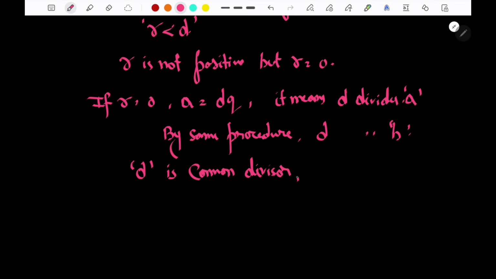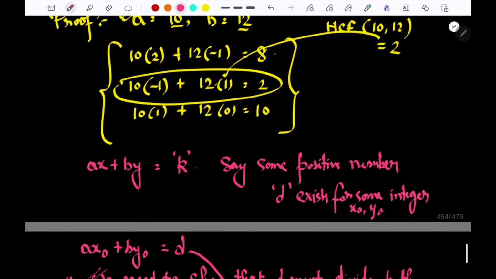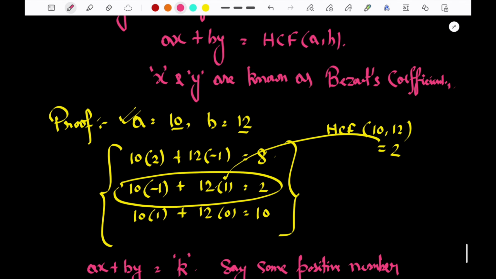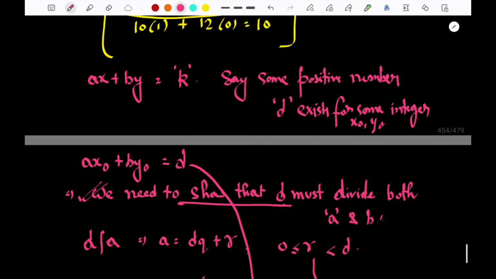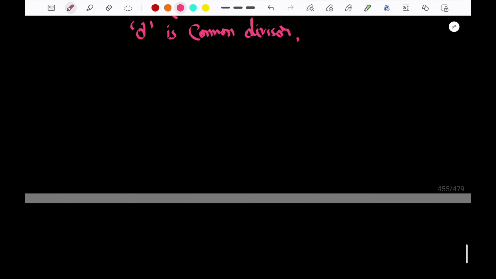Now, but there is a problem. I said the minimum possible expression will be the HCF of a and b. Now d is a common divisor, but how could we say that d is the highest common divisor? d can be smaller than the HCF. Now to show d is the HCF,